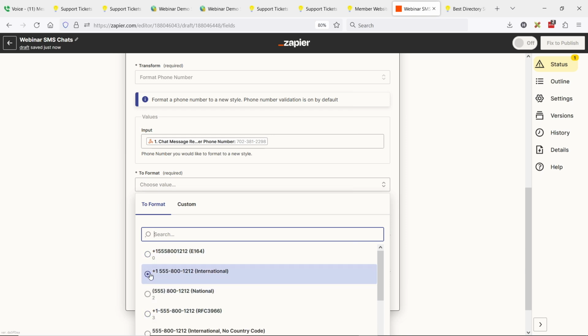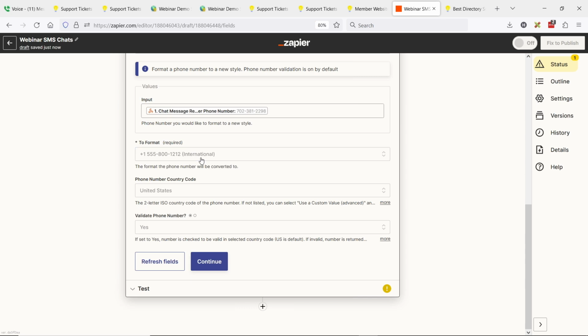So the international format seems to work fine. And if you choose the international format, you can choose the default country. Another note, this probably will work best if your website serves a specific country and is not necessarily international. It can get a little hairy with these solutions if it's trying to send text messages to different country codes